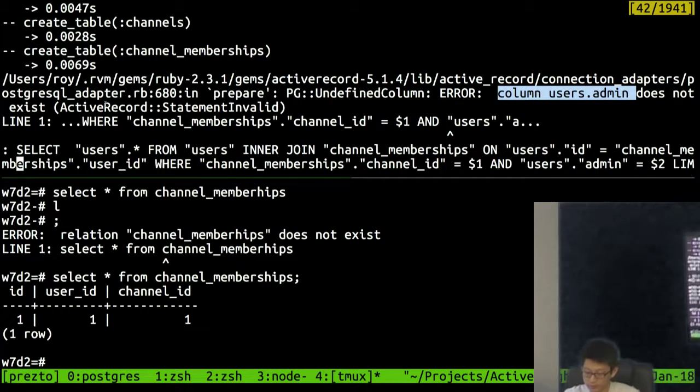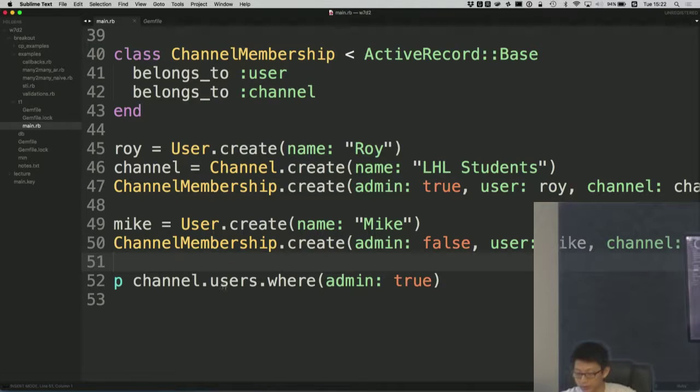Right, so it's trying to search on the column of user instead of channel membership, which is not what we want. Now I actually want to filter on membership. The way to do that is